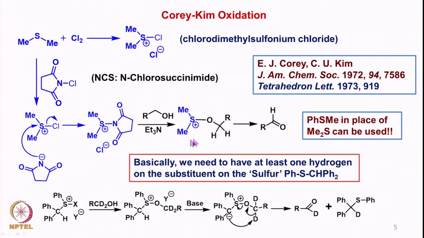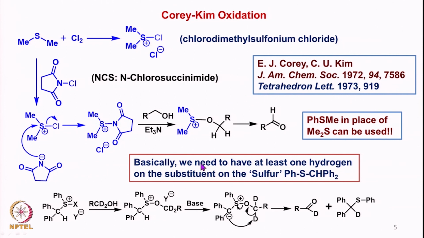Then the treatment of this intermediate with a base like triethylamine leads to the formation of the corresponding aldehyde or carbonyl compound, depending on the kind of alcohol that we start with. For example, if we start with a primary alcohol, then we get an aldehyde. If we start with a secondary alcohol, then we get a ketone. In place of dimethyl sulfide we can also use thioanisole. That means basically what we need is a divalent sulfide. This has been published by Corey and Kim in 1972 and 73,